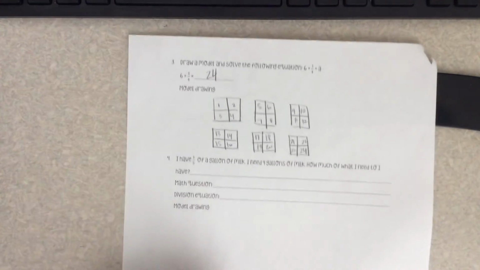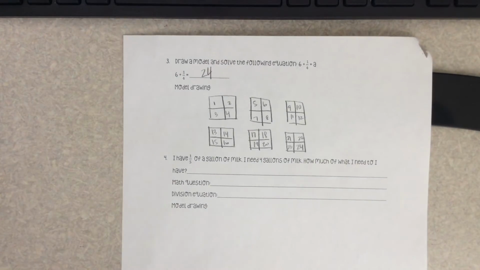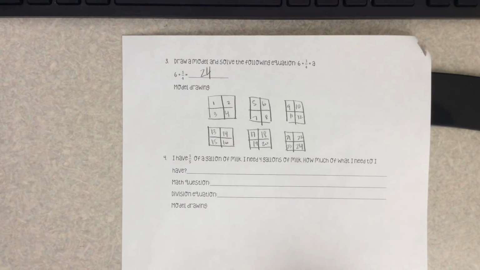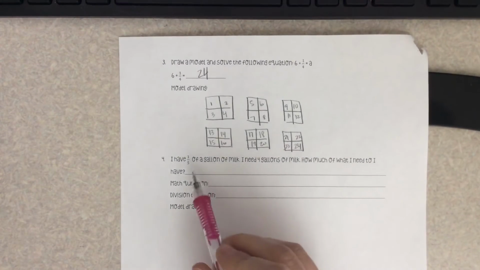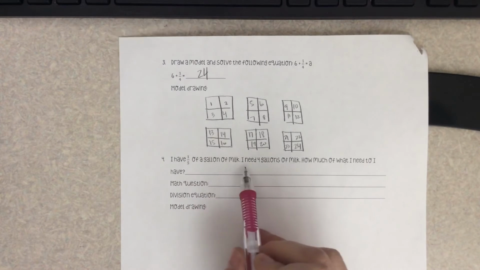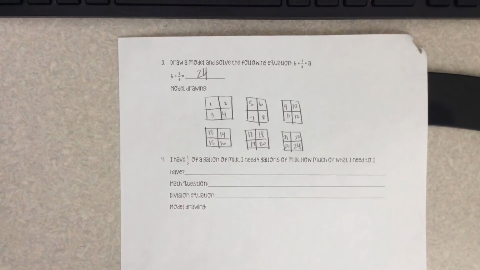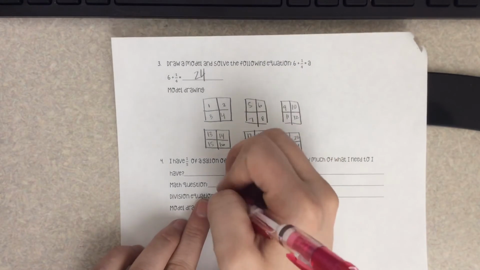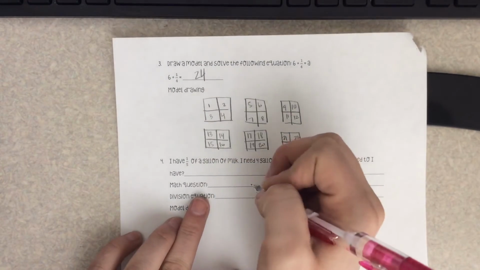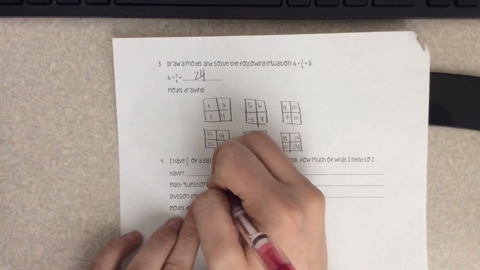Number 4, I have 1/5 of a gallon of milk. I need 4 gallons of milk. How much of what I need do I have? So this lets me know that I only have 1/5 and I need 4 gallons. So we were trying to figure out what part of the total do we have. So our math question is going to be how much